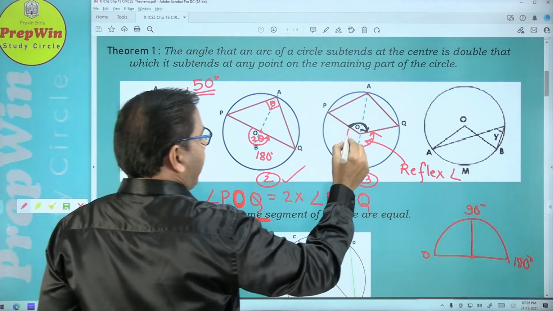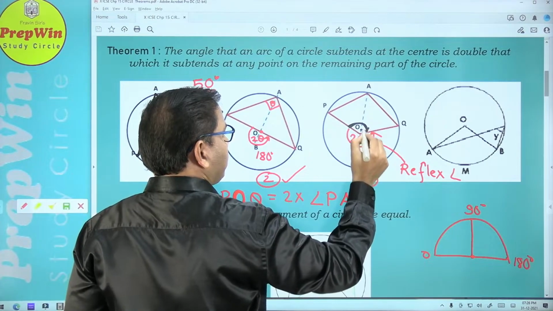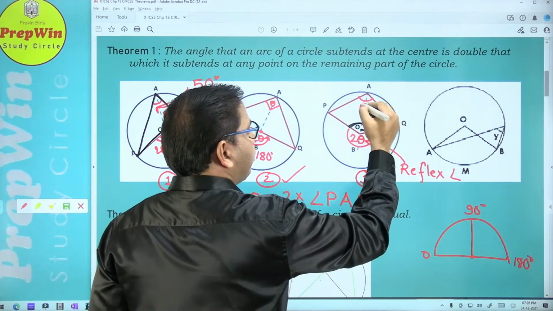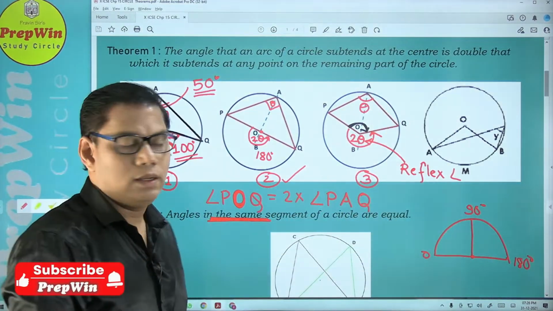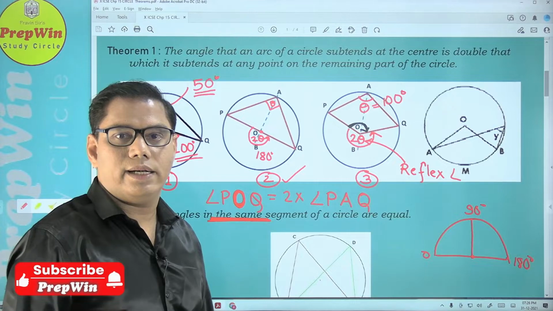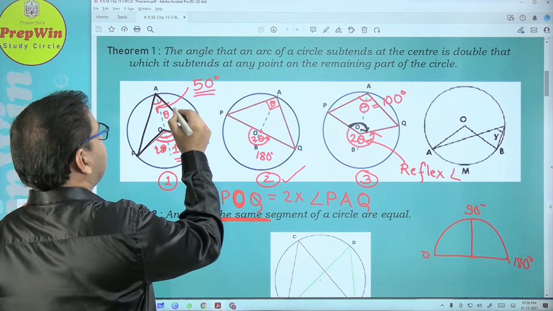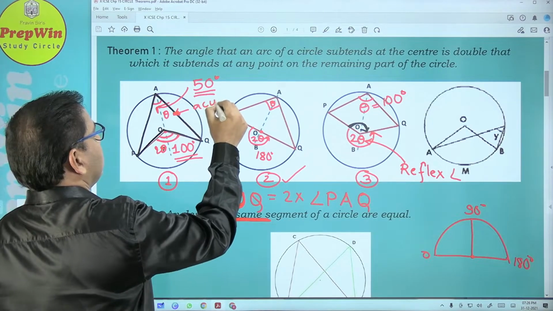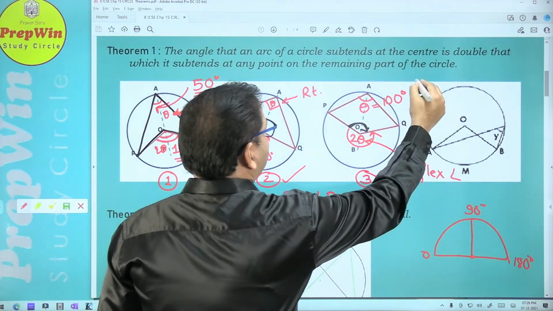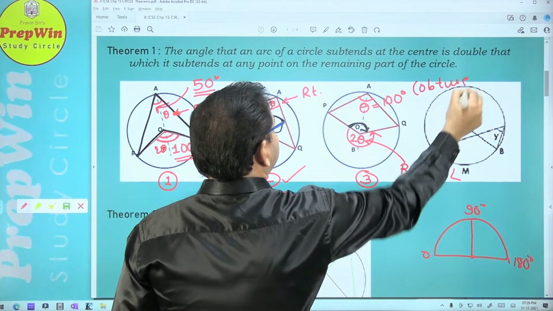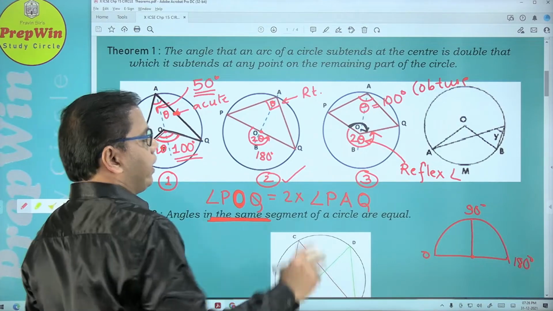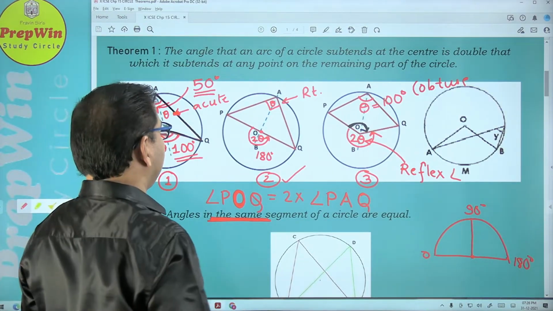Yes, sir. Okay, so if the reflex angle is 2 theta, the angle on the circle will be theta. Generally this condition arises when theta is an obtuse angle. Let us say theta is an obtuse angle, 100 degrees. Remember, earlier theta was an acute angle, here it was a right angle. We are taking all the situations. Here it is an obtuse angle, 100 degree. So how much will the central angle be? 200 degree. And any angle more than 180 degree is the reflex angle. Is it okay? Yes, sir.